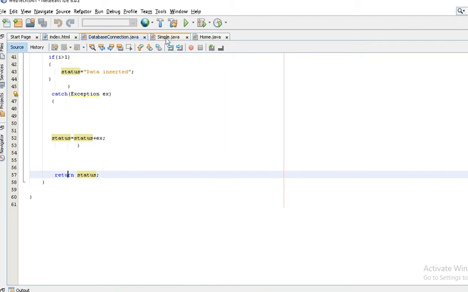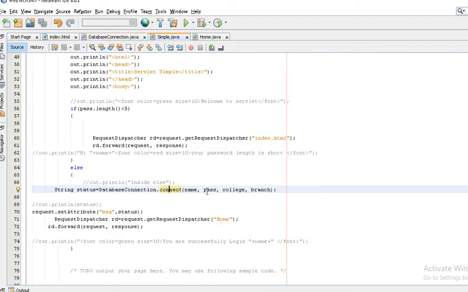Let's go back to the simple servlet. This is the part where I take the variable status and get the status I'm getting from the database connection class. After that, I just want to know the status of my application.